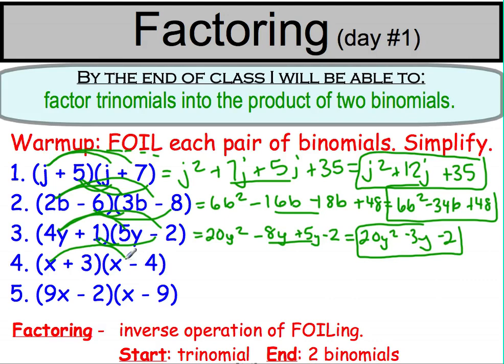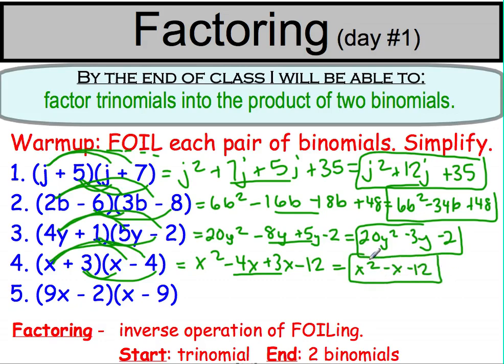Next, we'll take x times x. That's the first terms. That gives us x squared. X times negative 4 is negative 4x. 3 times x is positive 3x. And 3 times negative 4 is negative 12. We combine the middle terms. That's x squared minus x minus 12. A lot of students are tempted to put minus 1x. When you have just a 1, remember you don't need that coefficient out front, so just leave it as negative